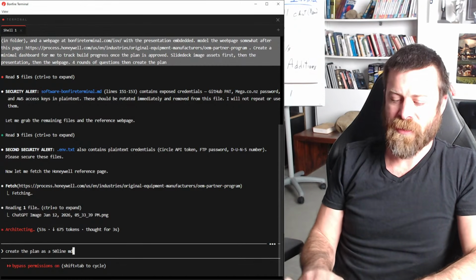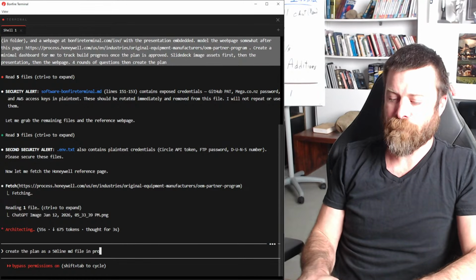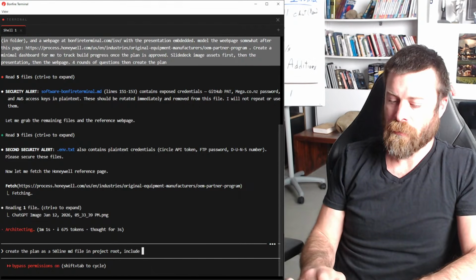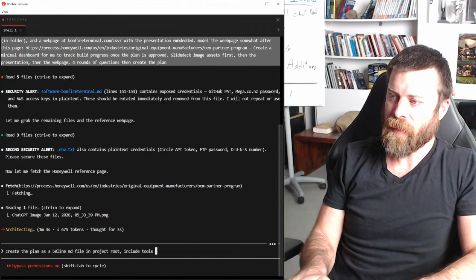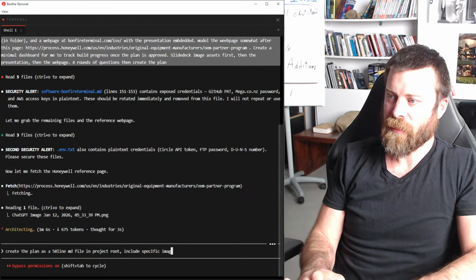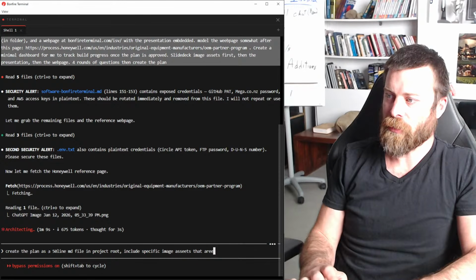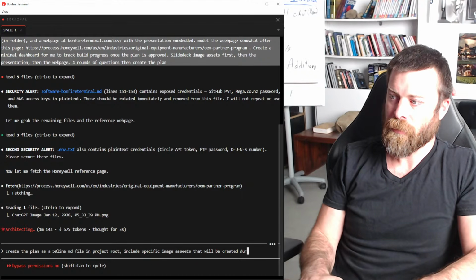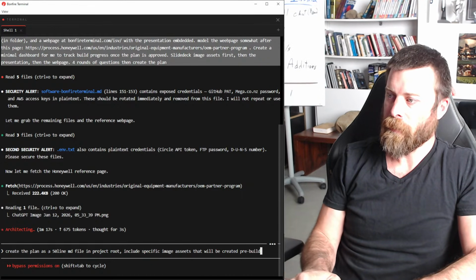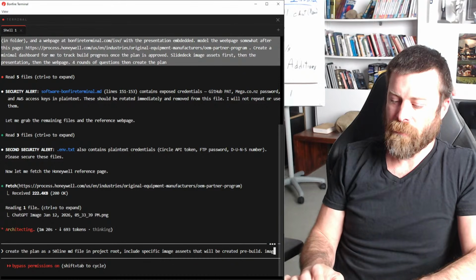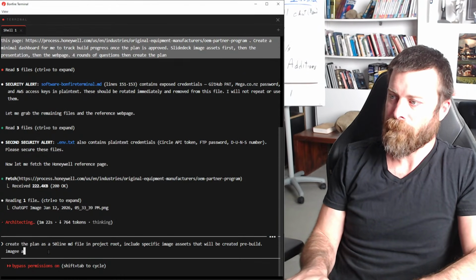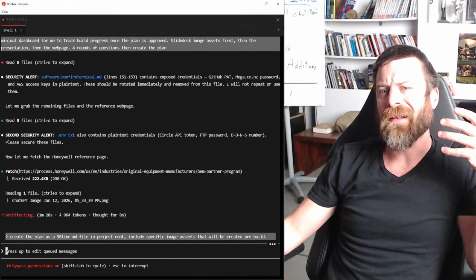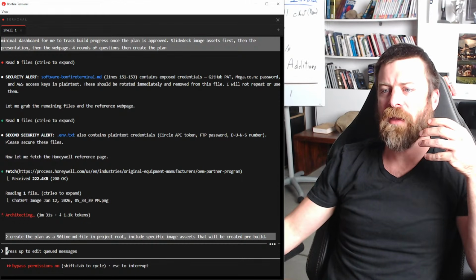Create the plan as a 50-line MD file in project root. Include tools, include specific image assets that will be created, pre-build image assets. So what I'm doing is I'm giving it a little bit of encouragement. What we're working with is